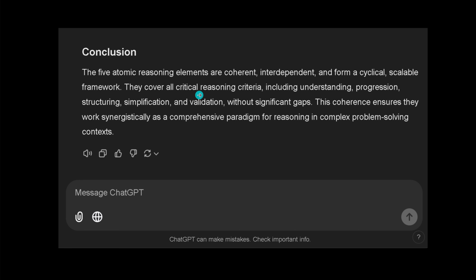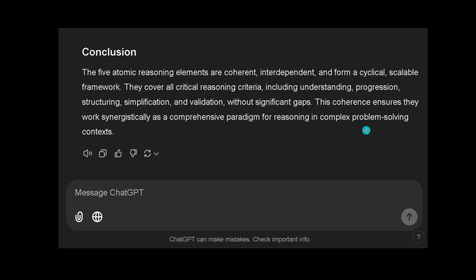They more or less cover all the critical reasoning criteria, including what we humans call understanding, progression, structuring, simplification, and validation. And ChatGPT at least thinks there are no significant gaps. There's nothing like a human feeling or human love or human emotions, human happiness. Oh, come on, this is not a logical structure. So this coherence here ensures that they work synergistically as a comprehensive paradigm, I love this wording, for reasoning in complex problem-solving context. No? And you see, in this simply 5-minute journey, I brought you now to a particular point